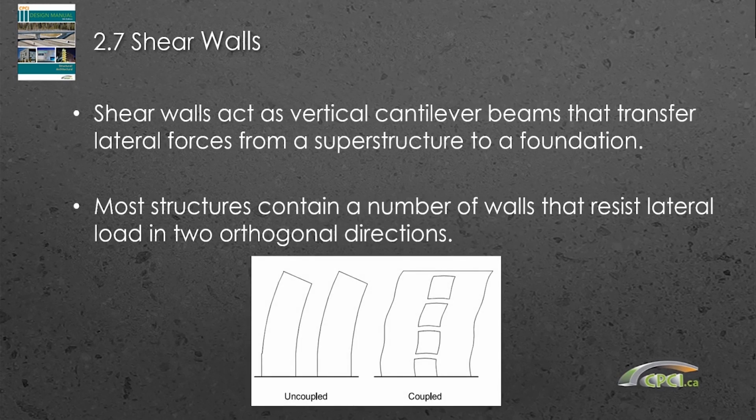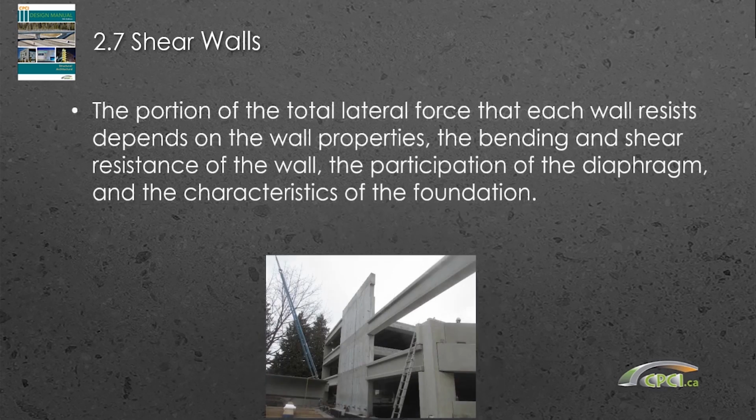Shear walls act as vertical cantilever beams, transferring the force, and there's several examples in the manual looking at the lateral load design for shear walls and whether they're tied together, acting as coupled walls or not. And then a portion proportioning the lateral load to the shear walls. You have to really look at your structural system and do an analysis to determine how much load is going